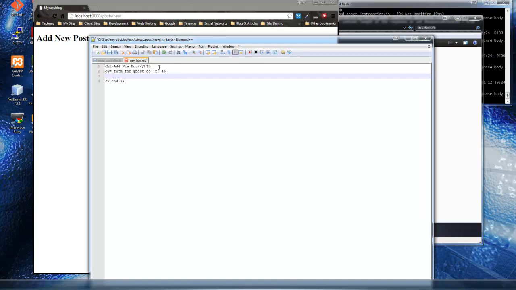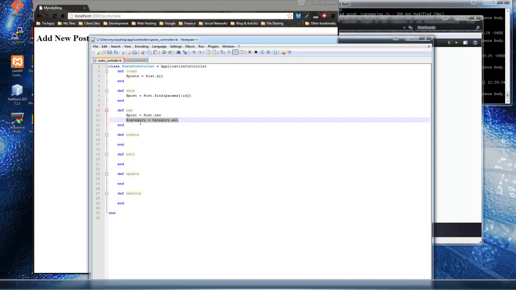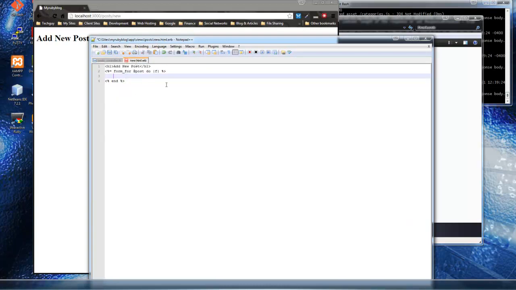So what we want is an input field for the title, a text area for the body, and then a drop down, and in that drop down we want to populate it with our categories that we defined here. So the first thing we should do, I'm just going to put each section in a paragraph. So let's open up our tags with the equal sign, and we'll do f.label, and this f is coming from here. You could put form or anything you want here, just make sure that it matches up here. So label for title,